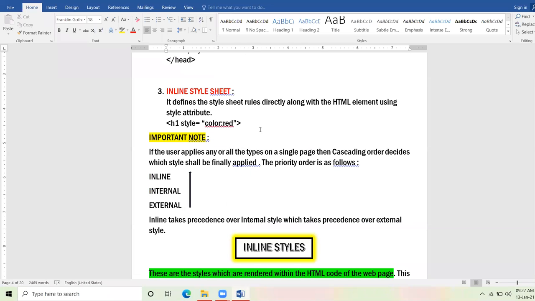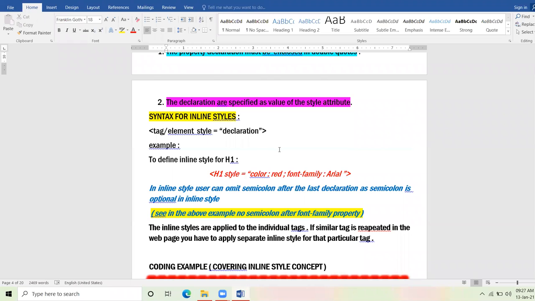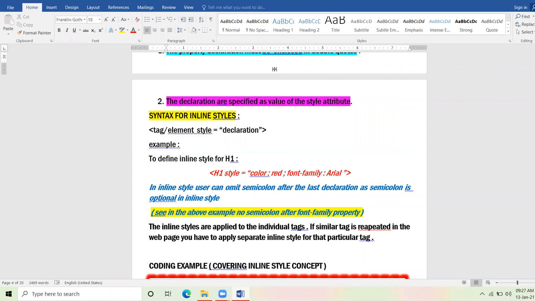So this is one example of the coding that you can see in inline style. I have taken two properties which I want to apply on H1 using inline style. Color red, font family Arial. Right? Now one point to be noted in inline style. The properties are enclosed in double quotes.